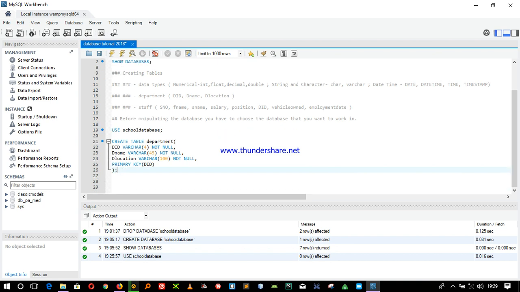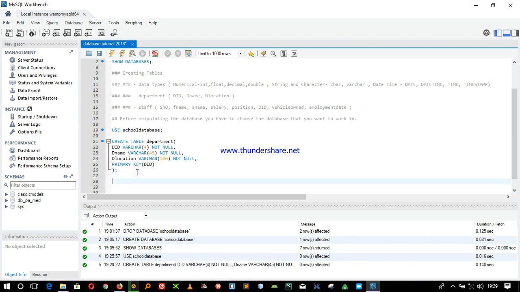Let's test this one. Let's run this one. Now we have a table. The table has been created, right? How do you show that you have created a table? You really need to verify if a table is created.